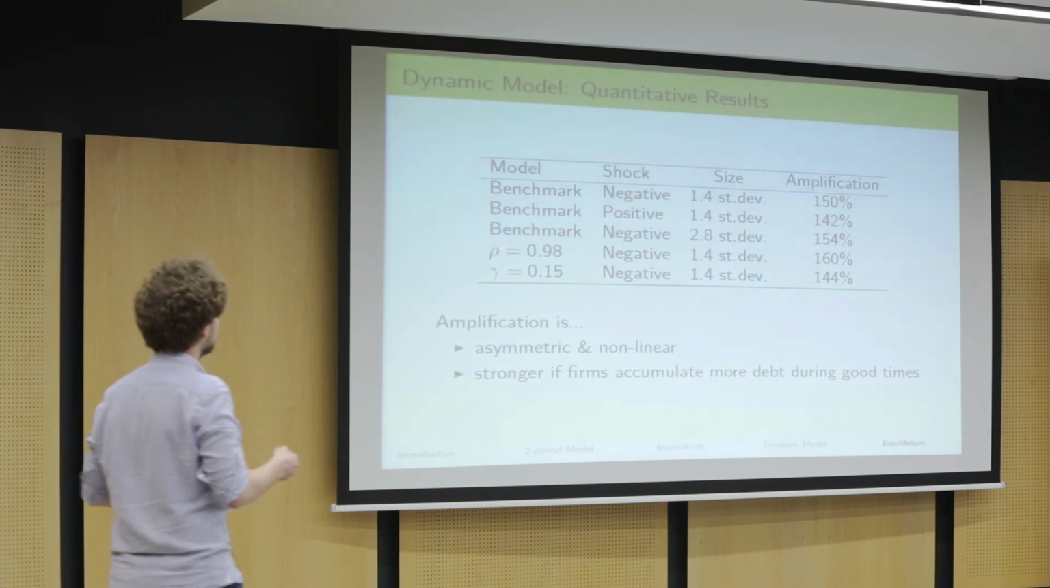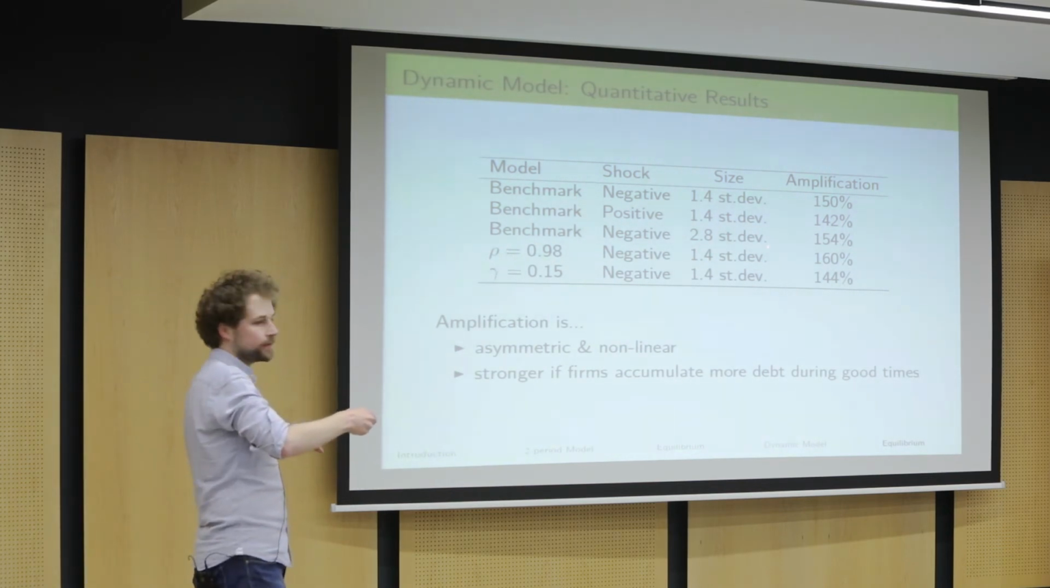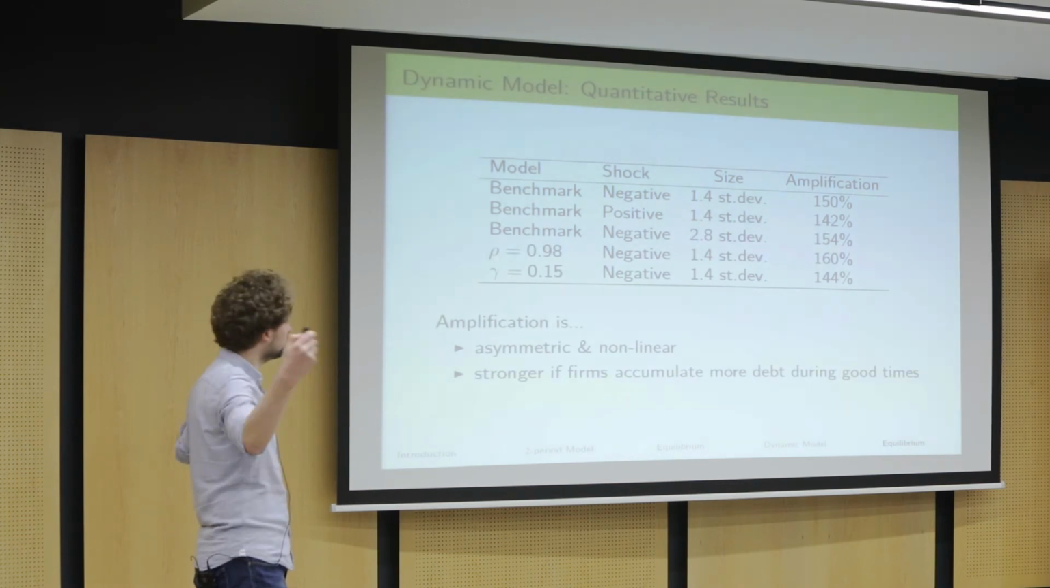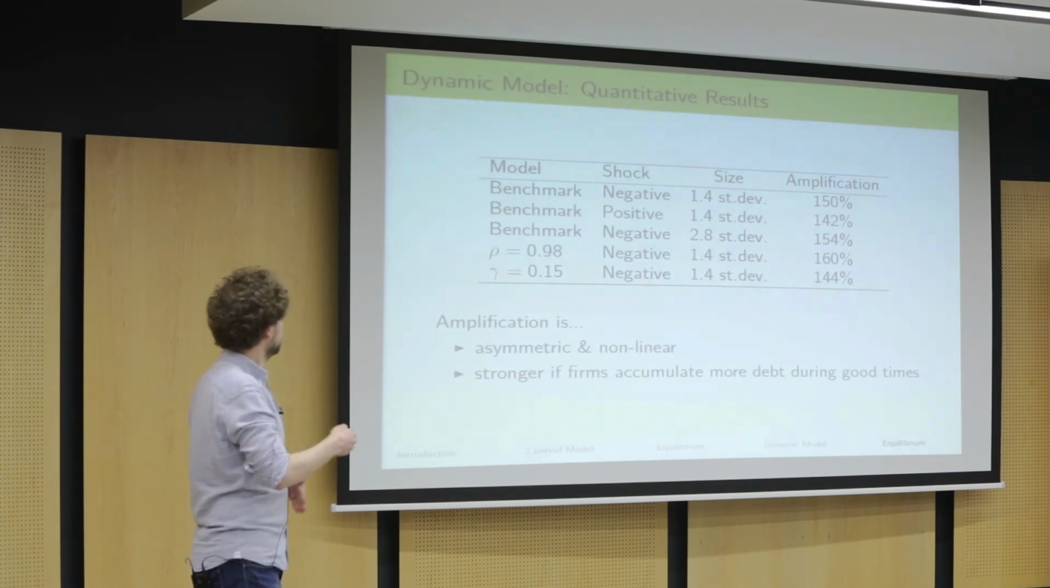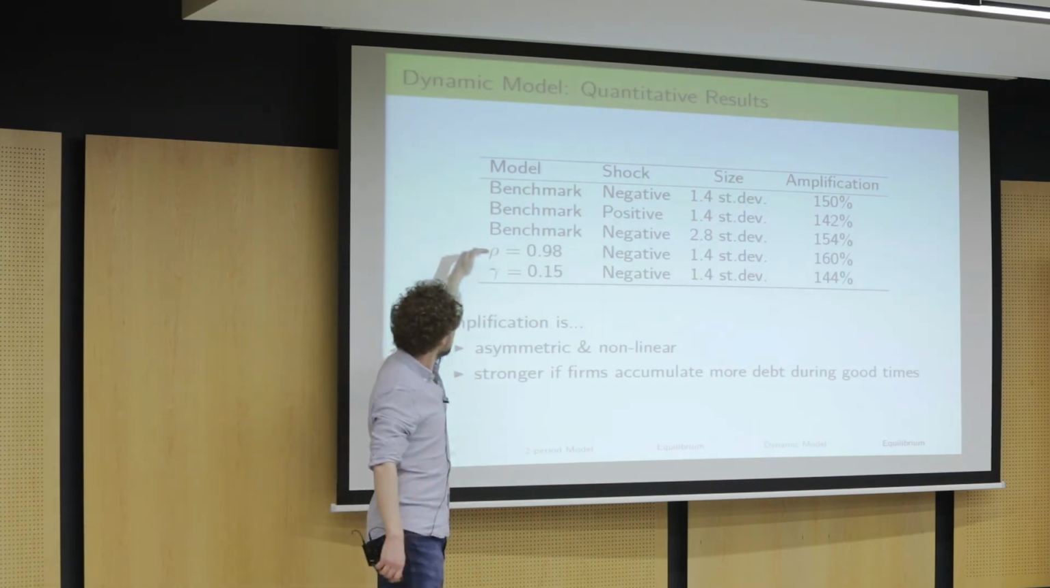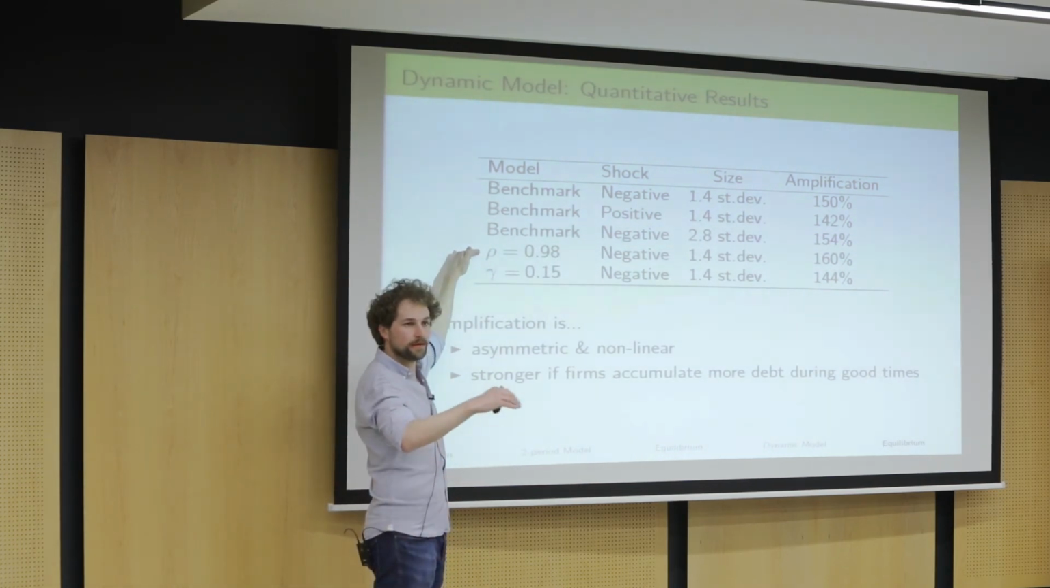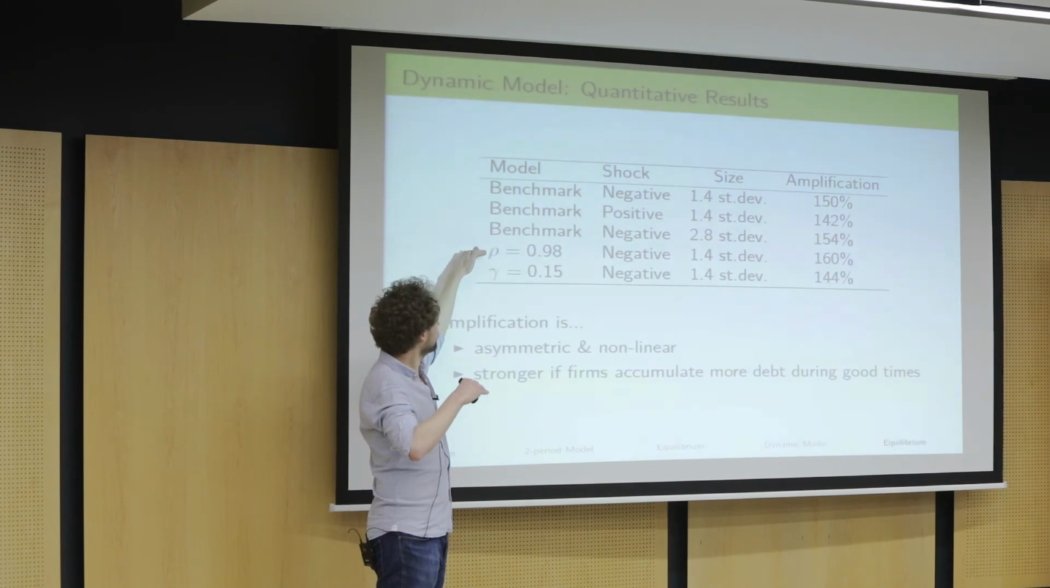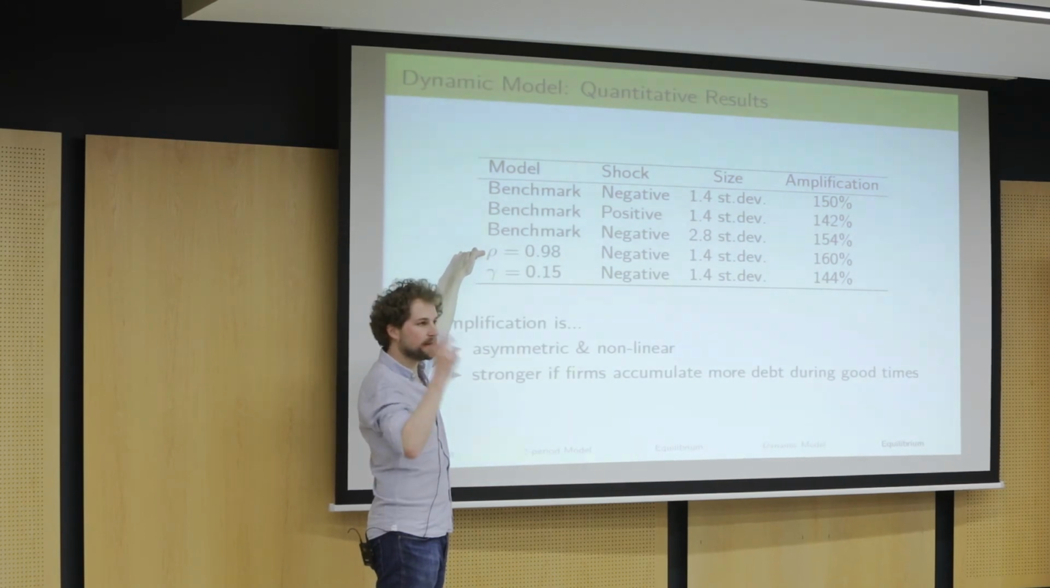So then also, if we have a stronger negative shock, amplification is stronger than for this moderate negative shock. So there's also nonlinearity here. And here we do two different things. Here we solve the same model, but with more persistence in the productivity shock. And that's interesting because here there's less fundamental volatility because you're more stable. But this means